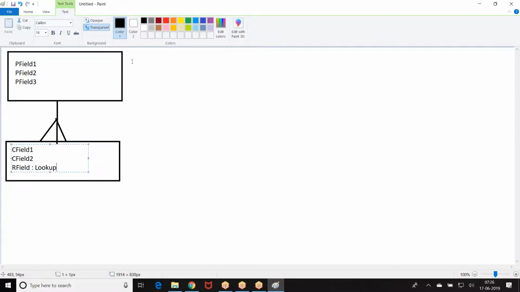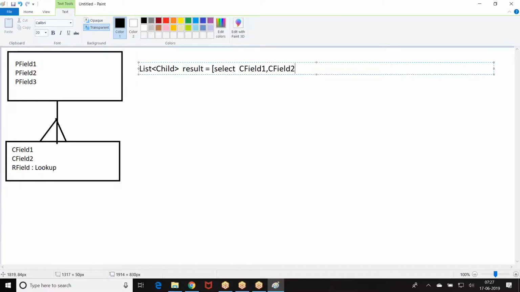So let us look at this one now. List of child, result equal to select child field 1, child field 2.